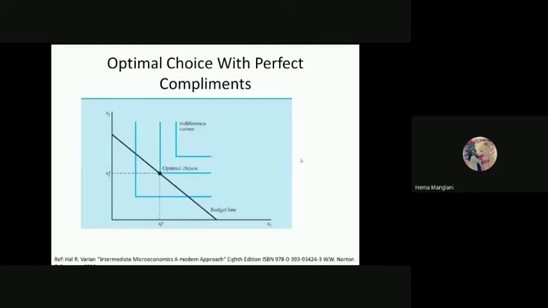Now this is very important. This budget line is going like this, and this indifference curve is not even declining in shape, which is what we study in other cases. So for us this is the exceptional case. Now if you go for monotonicity, the higher indifference curve shows the higher level of utility. But for the two extremes, if you want to calculate them, then only you would reach somewhere here.